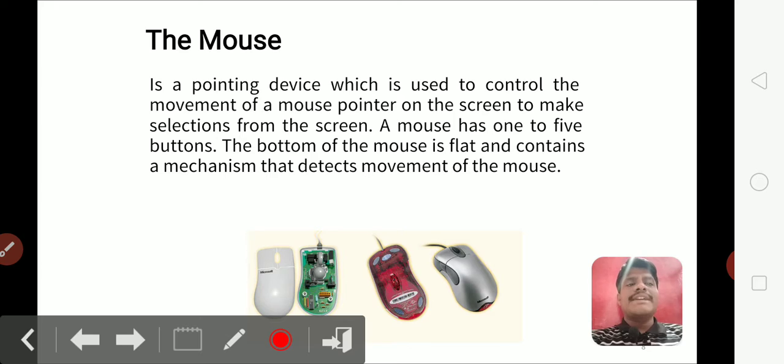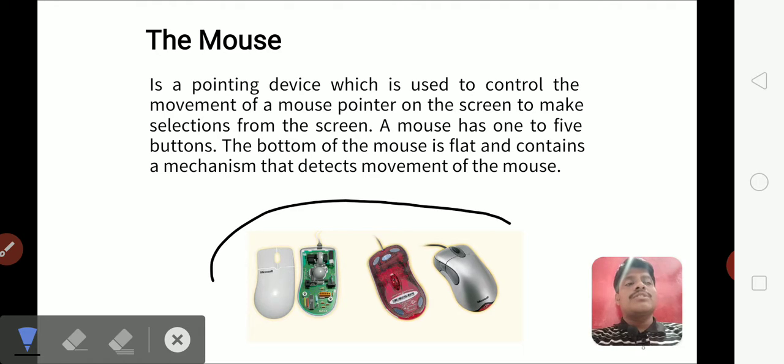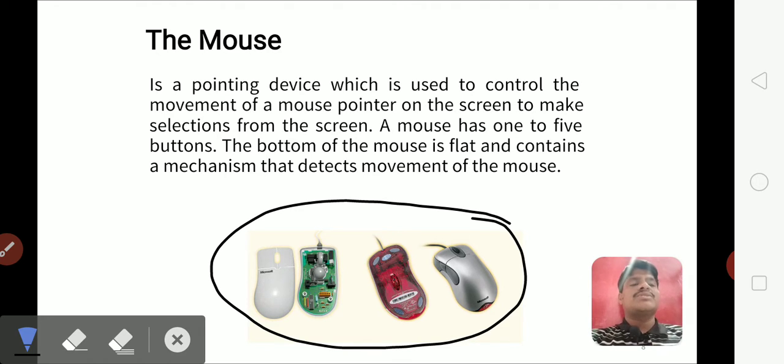Next, coming to the second input device, we have your controlling device, which can be observed with a cursor. You can observe the cursor, an arrow-like indicator, on the screen. This is nothing but your mouse indicator. If your mouse is connected to the CPU, you will get an indicator in this form.